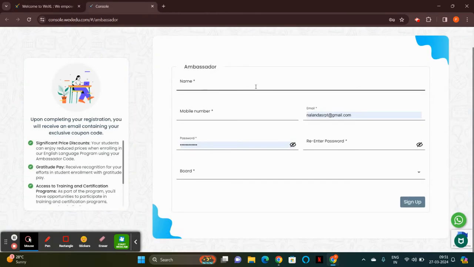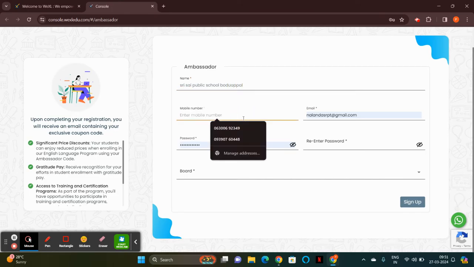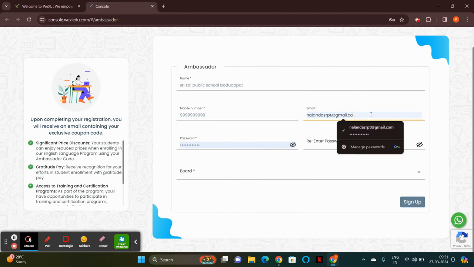So enter a name. I'll be giving the institution name, and then give a mobile number, and then give an email ID, and then enter the password.